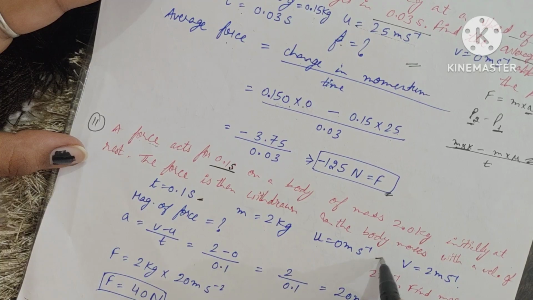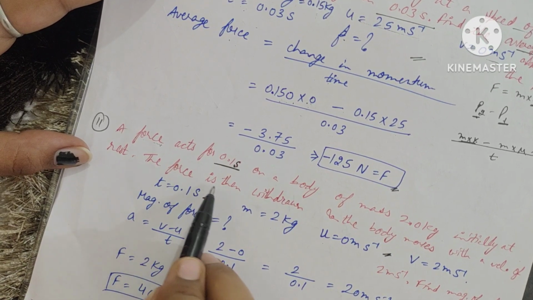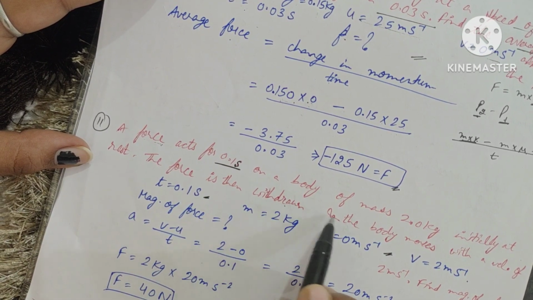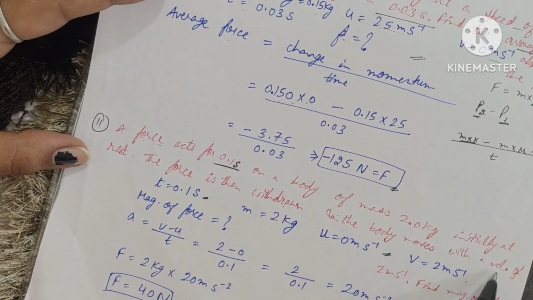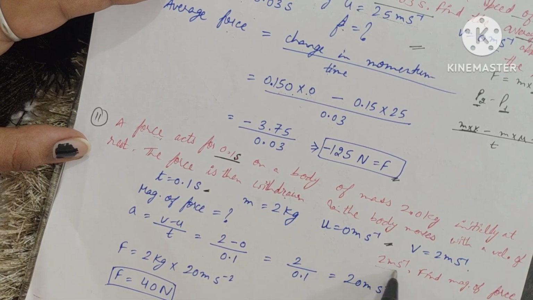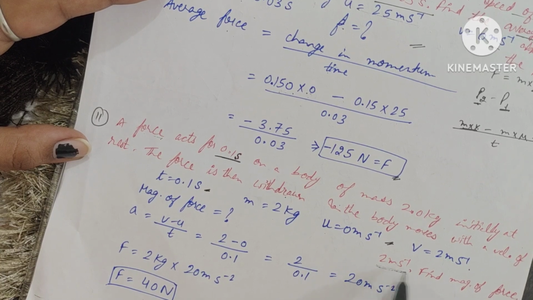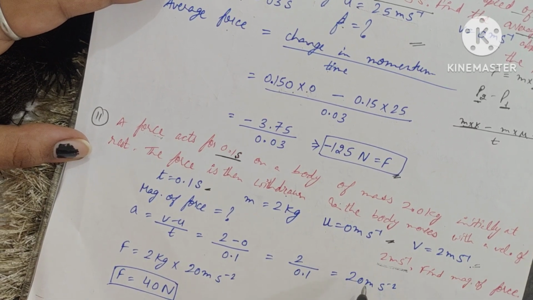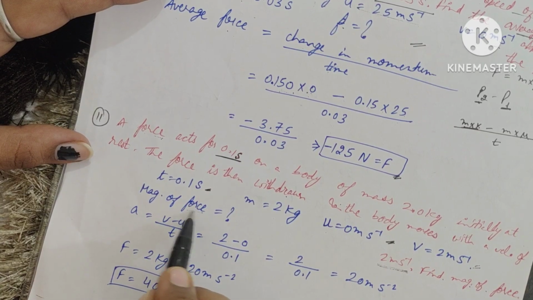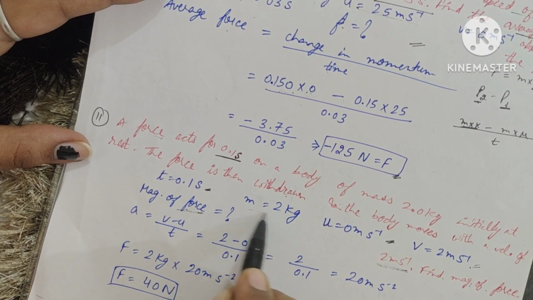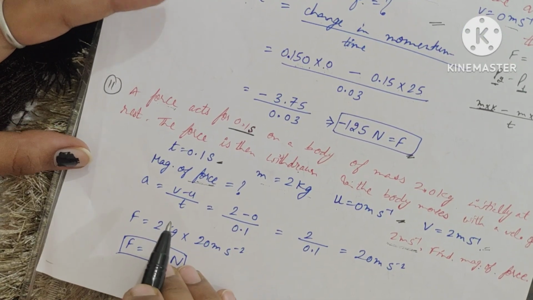The initial velocity is given. And the force is then withdrawn, means force is taken out and the body moves with the velocity of 2 meter per second. Final velocity. Find the magnitude of the force. Force we have to find out. ये सब चीज़ें question में given थी. How to find the